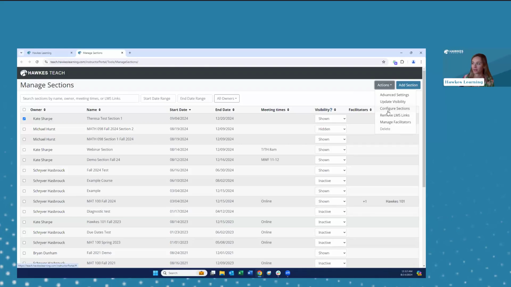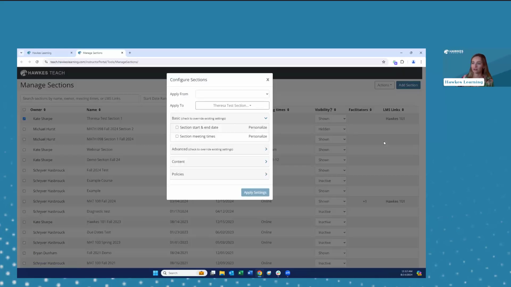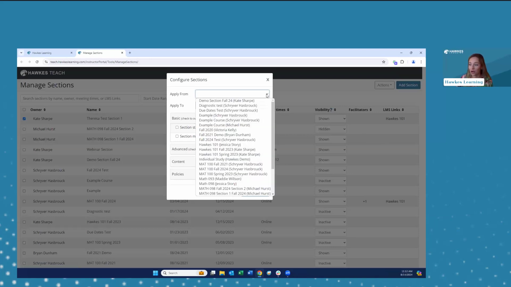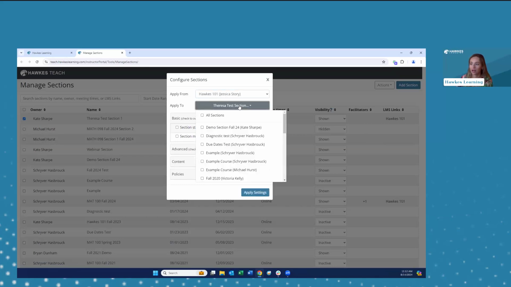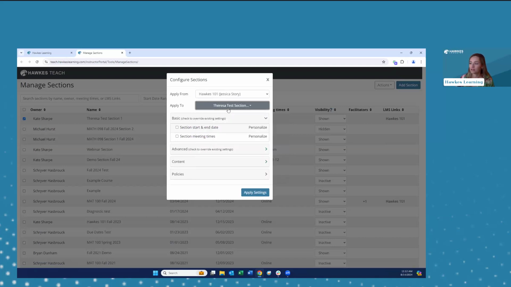to this semester. So just to show you that, if I click on configure sections, you will just choose the section that you want to apply settings from. So let's just say I want to apply the settings from Hawks 101 to this example course. You also have the option to select multiple. So again, if you are a course administrator and you select your master section to apply from, you can push it out to all of your adjunct sections. But to do that, you would just, again, select the section to apply from, the section to apply to, and